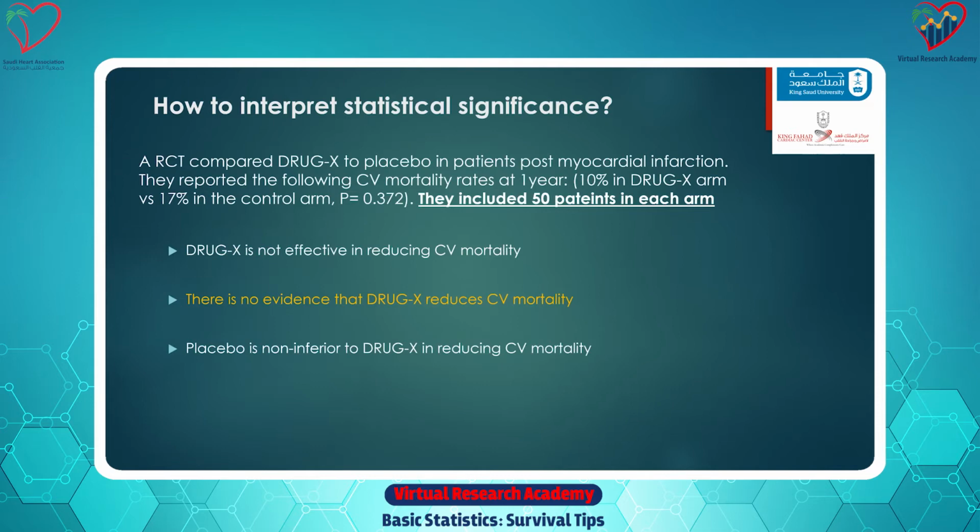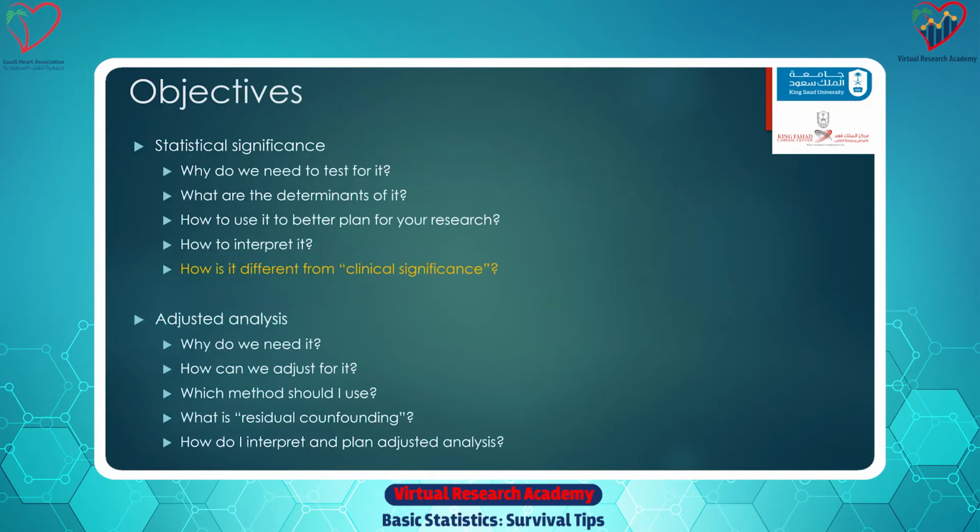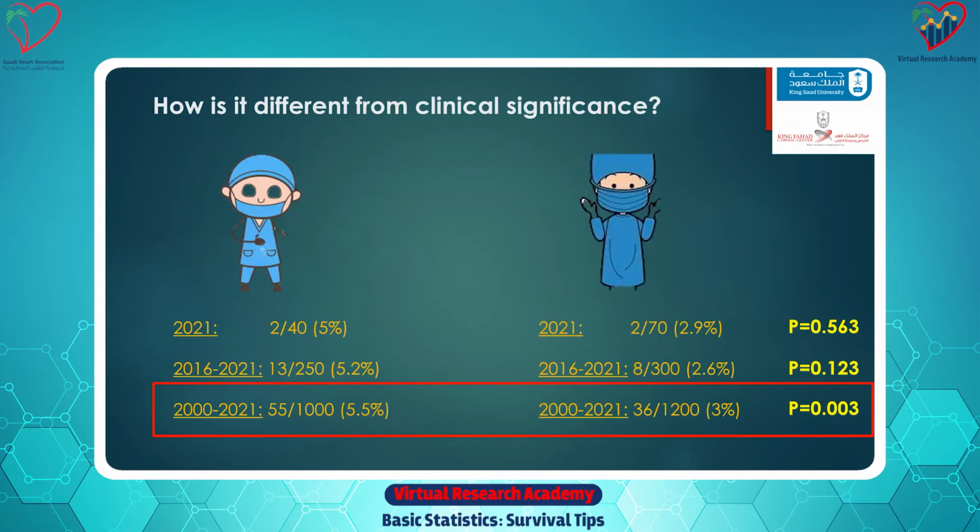All right. Last question in the statistical significance theme, which is how is it different from clinical significance? So if you remember the example, we said at the end that statistically speaking, we think that surgeon A has a higher complication rate than surgeon B. Now the question is, is that clinically significant? And that's a question to you. If I ask you, is this difference a clinically significant difference or not?